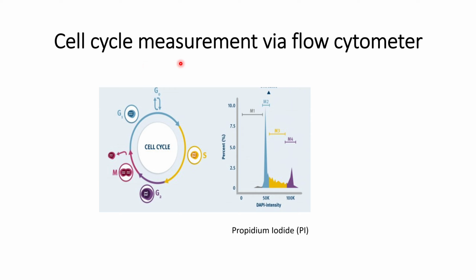In this video, we will discuss cell cycle measurement via flow cytometer, and the main component that we will measure is the DNA content of the cells. With the measurement of DNA content within the cells, we can identify the condition in which the cells are presently. With the help of DNA content, we can identify the present stage of the cells in